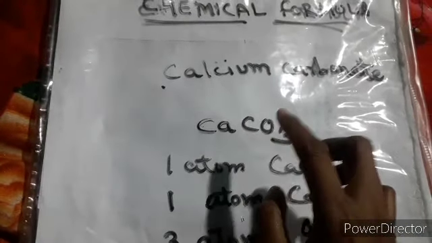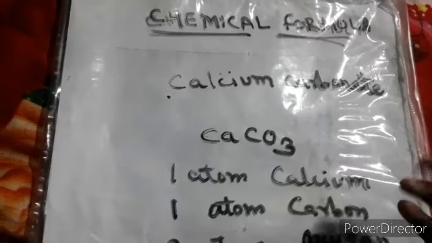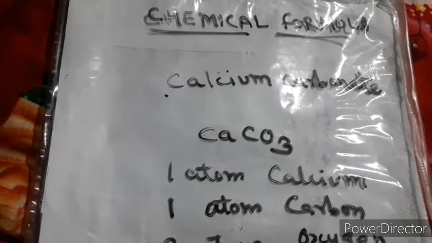We'll see also how we can make the chemical formulas, and for that it's very important that you remember all the symbols and all the valencies of the particular elements, whether they are monovalent, divalent, trivalent or tetravalent, whether they are negative radicals or negative ions, or positive ions or positive radicals.